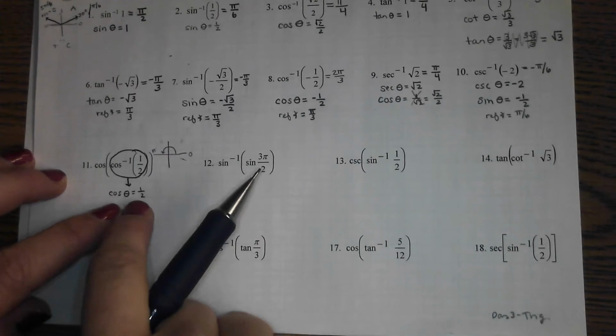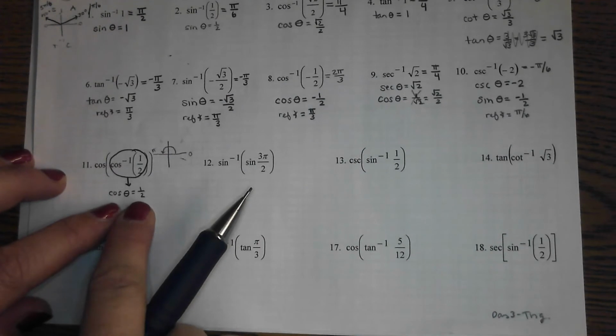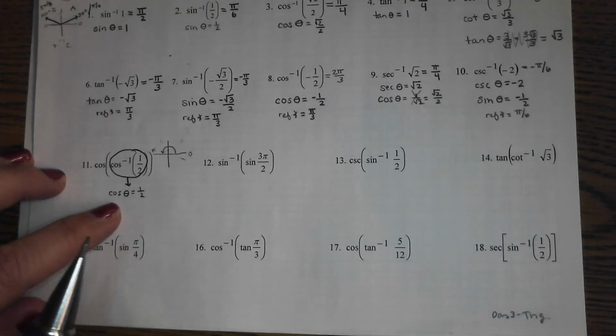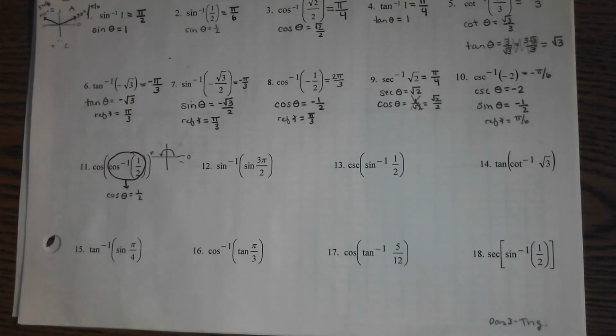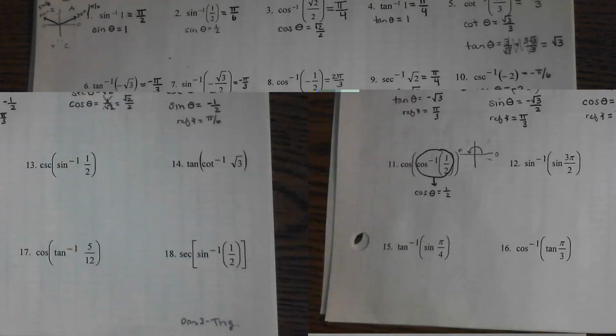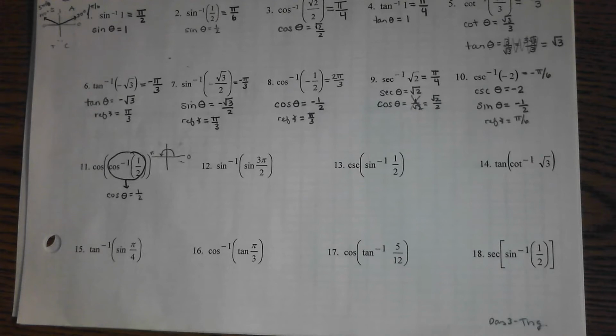Now you just need to know your table of values. What angle is it that has a cosine of a half? Pi over 3. Okay? If you need to, put the chart at the top of your paper. I'll put the chart up here on the board. And again, I'll do the question of: put your 0, 30,